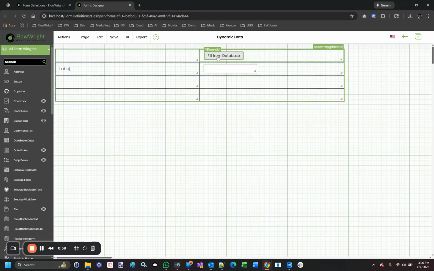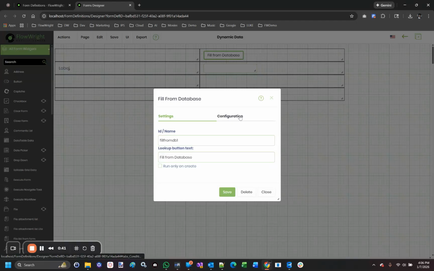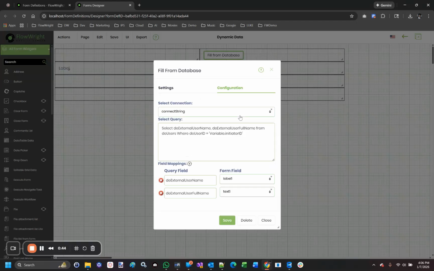And if I go into that control and go to the configuration, you will see that I have selected a connection. In this case, it is the default connection to the FlowWright database. And I'm running a SQL query against the database. And one of the standard tables is the user table. So I'm just running a simple query to get the current user's username and the user full name from the